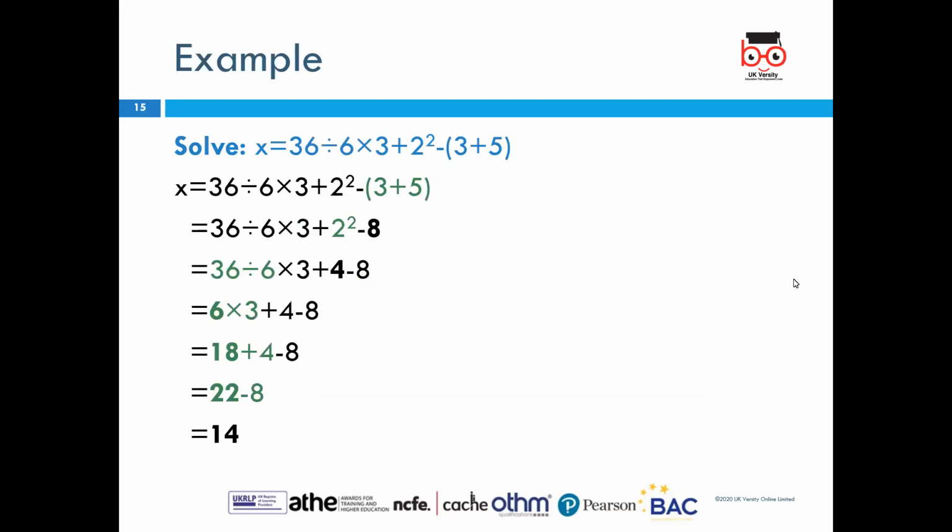So when you see an equation in this form, for example, solve for x where x is equal to 36 divided by 6 into 3 plus 2 square minus, within brackets, 3 plus 5. So here what you need to do is